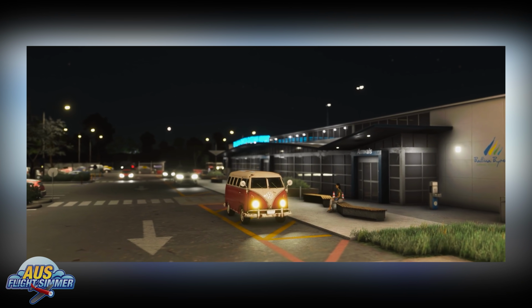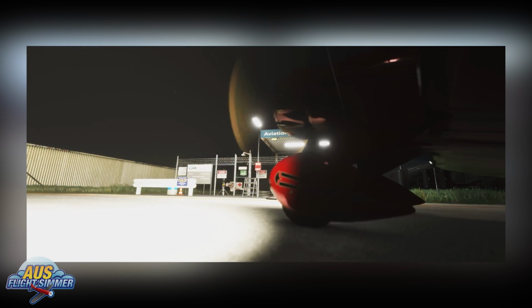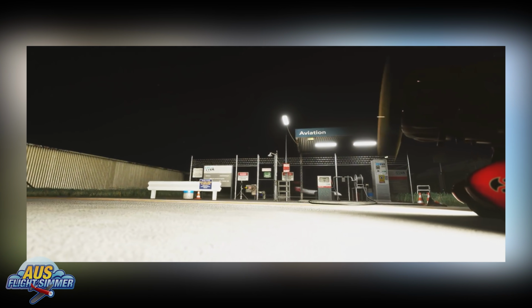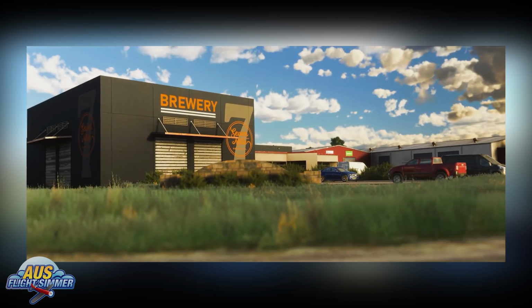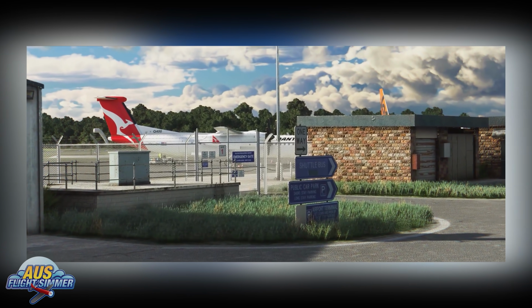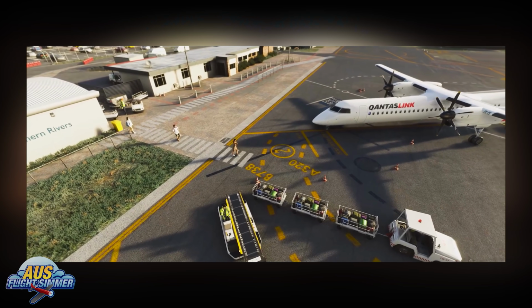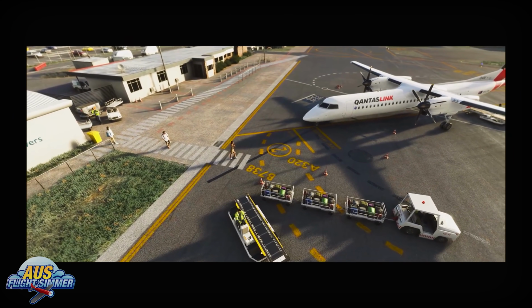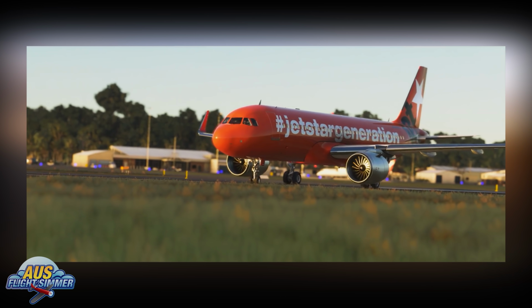And in another release this week, and this one is an airport, and it's from the team at AusScenes with their Ballina Byron Gateway Airport. This airport is a regional airport between tourist towns on the east coast of Australia, which is Byron and Ballina. Features include a 1 meter high resolution DEM, custom high resolution aerial imaging, PBR textures, custom airport services, custom water masking, a static Qantas Link -8 just to make it feel like the real thing, handcrafted rendition of the airport,